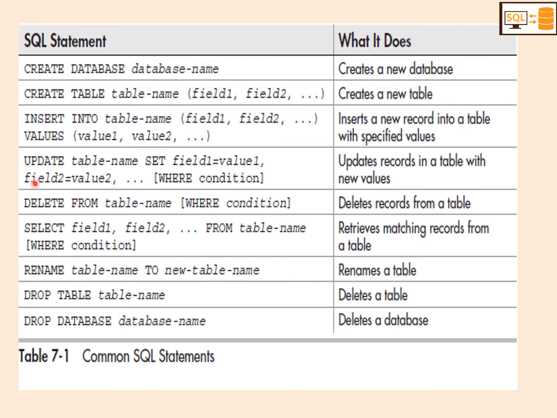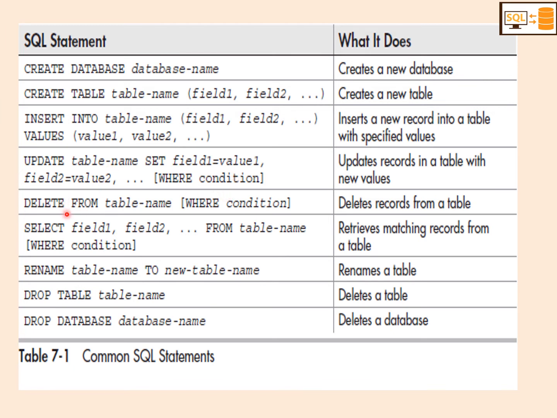Then the next expression in SQL is update. The update statement is used for updating a data item in a table. So update, you have to specify the table name. Set, you have to specify the field name is equal to value 1, comma, you can add multiple, or you can update multiple attributes. Then in order to update the attributes, we can specify a where condition, which specifies in which row this update should happen. That can be specified in the where clause. So it updates the records with new values.